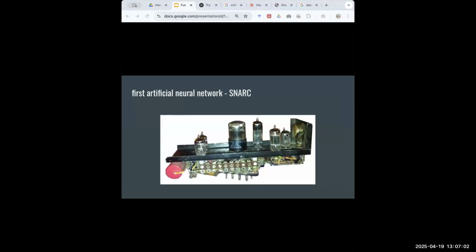And this is actually the first artificial neural network. It was built in the 1950s by Marvin Minsky. It's called SNARC, which is a stochastic neural analog reinforcement calculator. A little bit lengthy. Can everyone hear me? Yes. Okay, great. This machine used around 40 artificial neurons to simulate a rat navigating a maze. So this is what we were able to do in the 1950s.